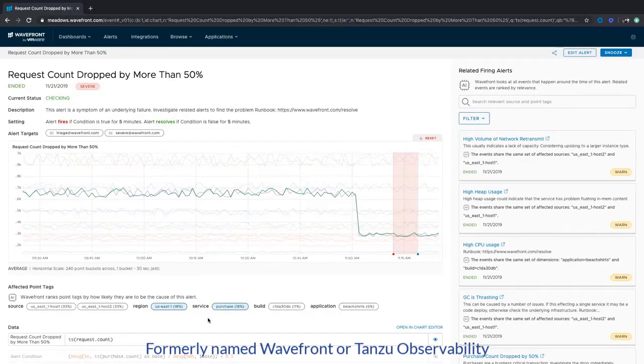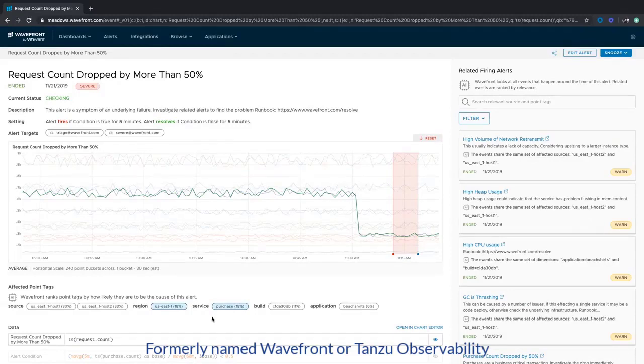Now, alerts seldom fire in isolation. Typically, they're associated with a lot of other firing alerts, creating a lot of noise, and it's often hard to cut through that noise to understand what is a leading symptom. Wavefront's Alert AI helps you do exactly that. We will go find all the other alerts which are correlated and rank them on what we believe is the